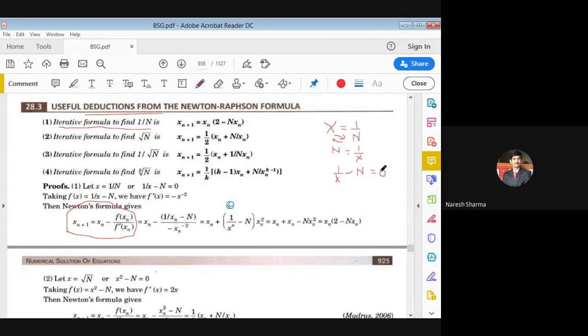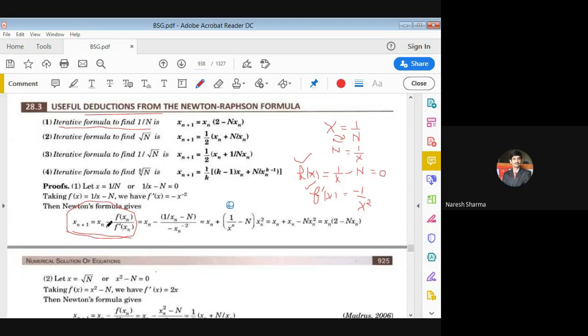So this becomes our function. The left hand side becomes our function, or you say from this equation we assume the left hand side as the function f of x. So if we assume this f of x, we are able to calculate its derivative, that is f dash. So the derivative is minus 1 by x square. So we have the Newton-Raphson formula, and we can put these two values of the function and its derivative in this formula like this one.